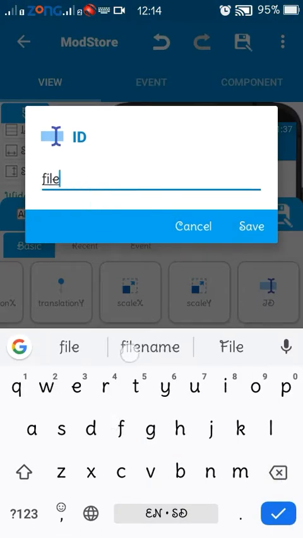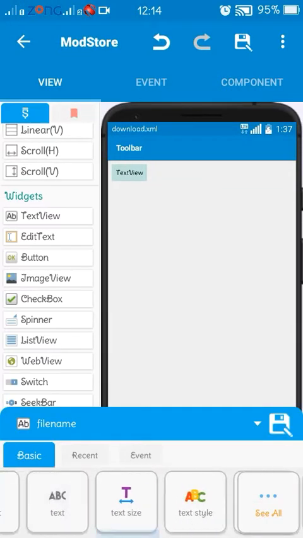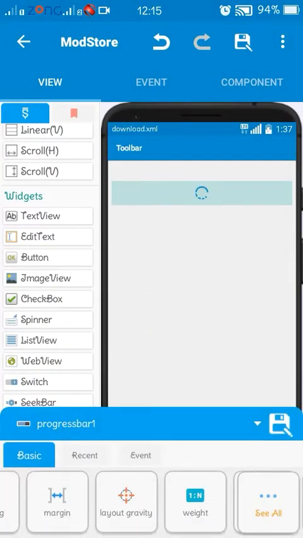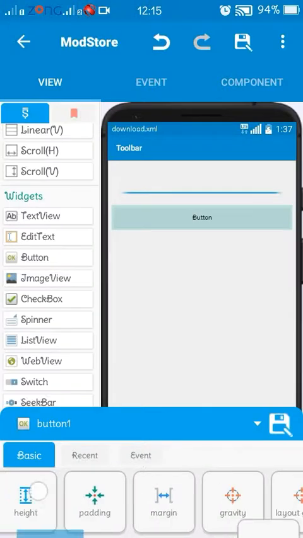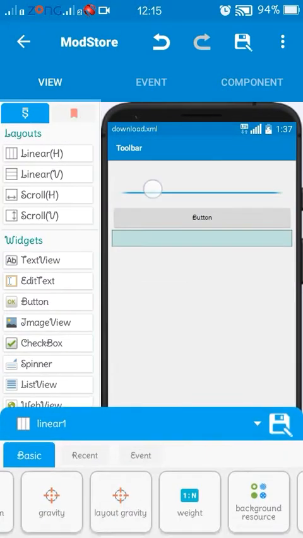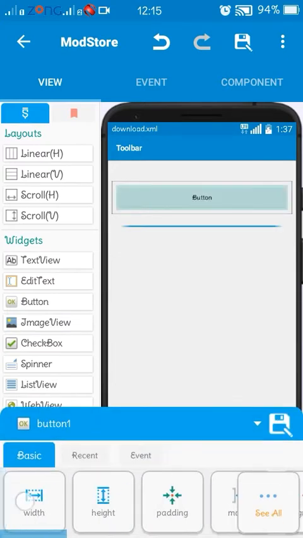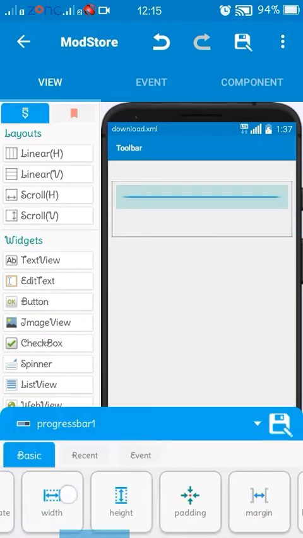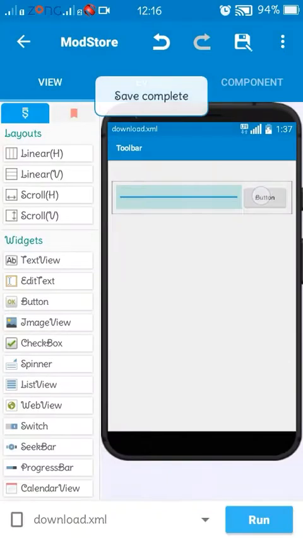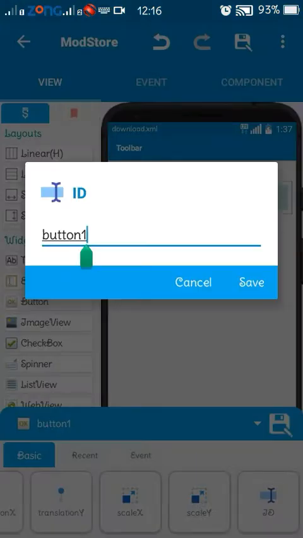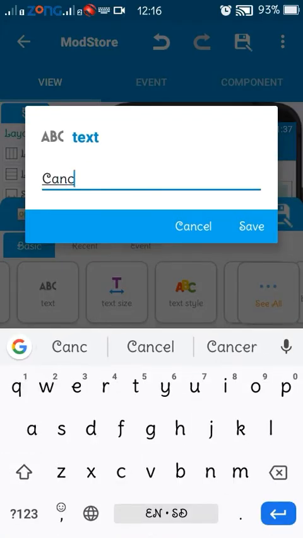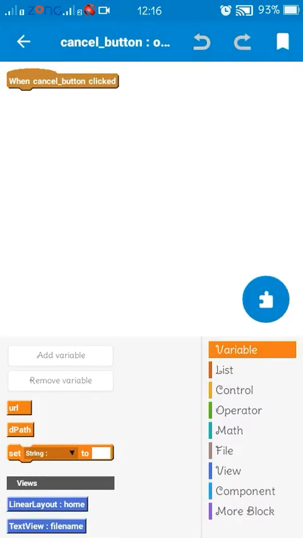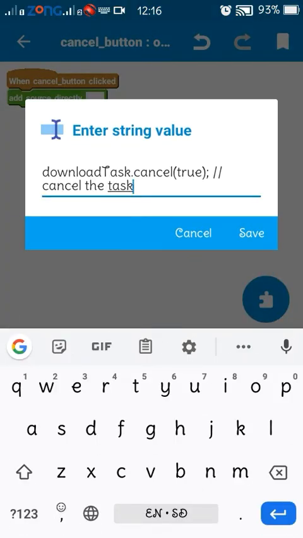Now let's have some work on our user interface. This button is for providing the user control to cancel the task.